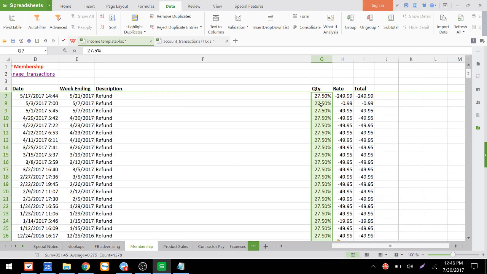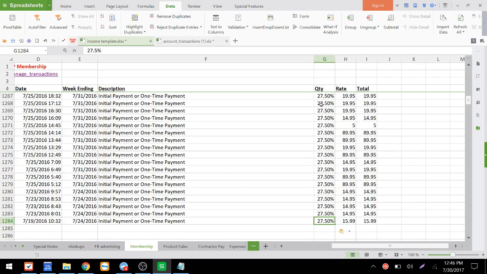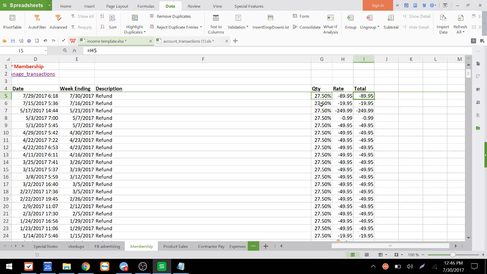I'm just going to paste it down like that instead of clicking. And so you can see here we just did equals, and so instead we're going to take that and multiply it by that, and then paste this down.